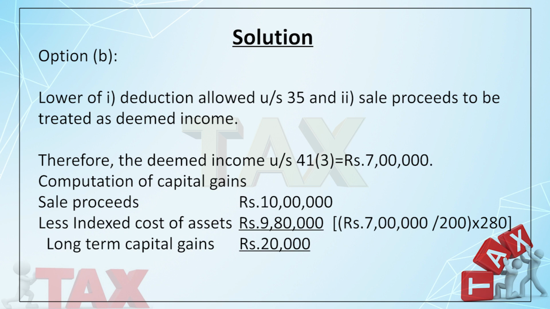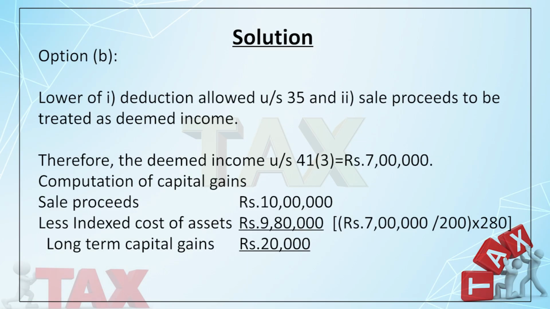Now what happens in this case, plus the company can go for, since it's a sale of asset, and you will appreciate, since this is a business asset, it doesn't enter into the block. So there could have been a sale of asset that will attract the capital gain, either long term or short term. However, there are two contradictory views. One view says there should not be any capital gain, and one view says there may be capital gain. So I am taking that there may be capital gain, but alternatively there may not be any capital gain, because we have two leading case laws, Farmson Pharmaceuticals Private Limited versus CIT, and the Maharashtra Hybrid Seed case.